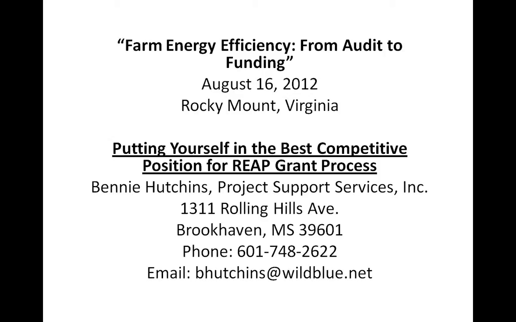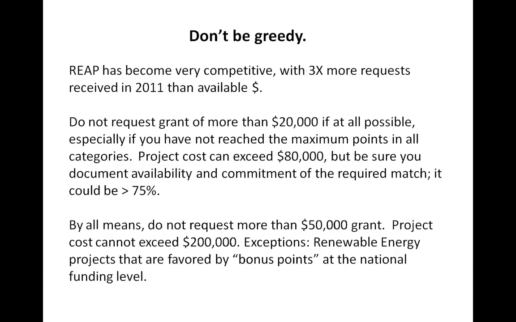But getting into my part, just simply having a good project and putting together an application that simply meets the REAP program guidelines is not enough. You've got to remember that this grant application process is a ball game. It's just like a ball game. The team with the most points is going to win. So remember that there are 9 different categories of points, which add up to around 125 points, I believe. And you have to address every one of these categories. If you just ignore one, then you're pretty well out of the ball game.